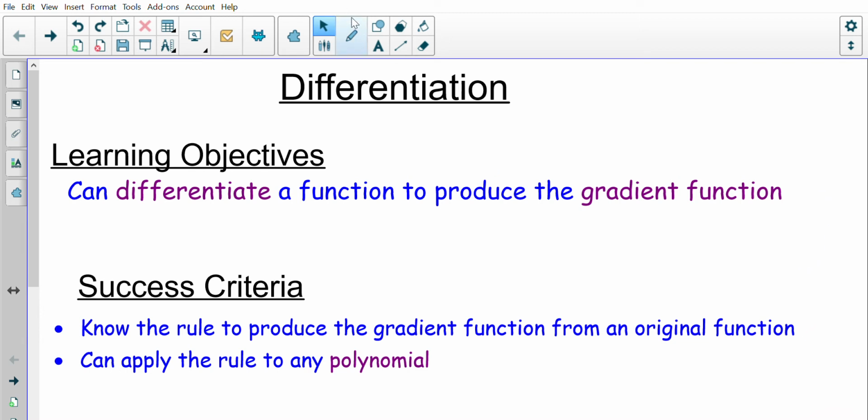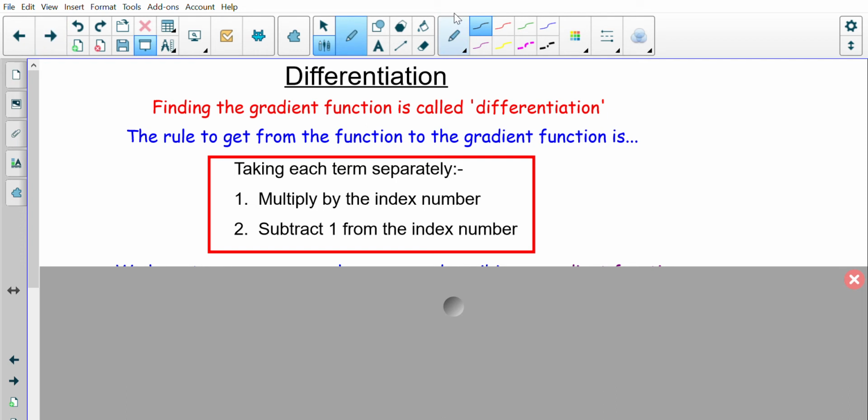In this video, we're going to look at how we actually produce the gradient function from an original function and make sure that we can apply the rules to any polynomial. So to recap from the last video, finding the gradient function is called differentiation. And we looked at the rule to get from the function to the gradient function, and that is looking at each term separately,